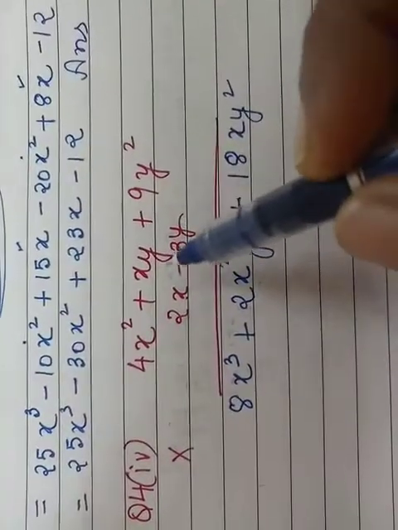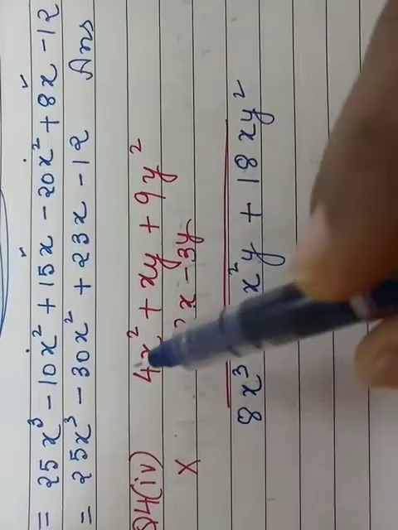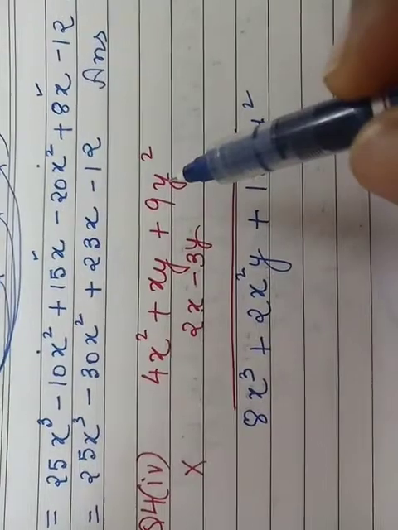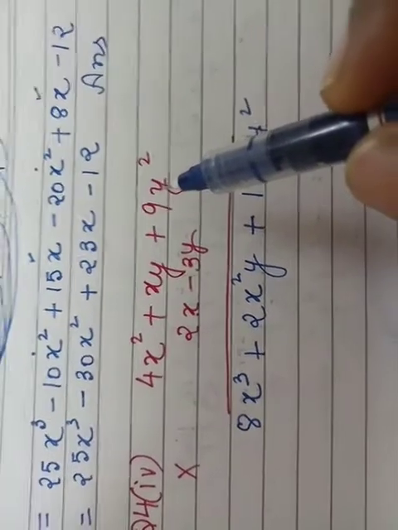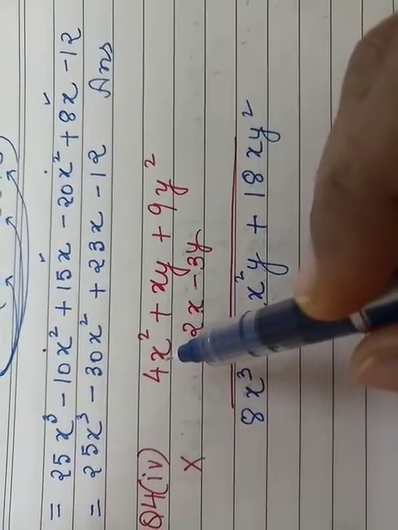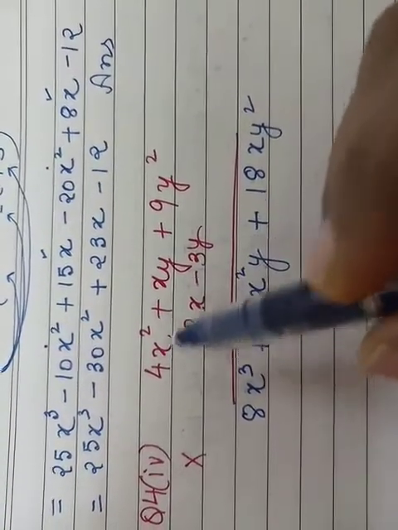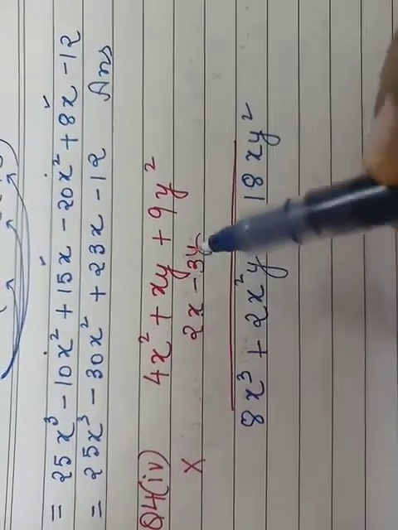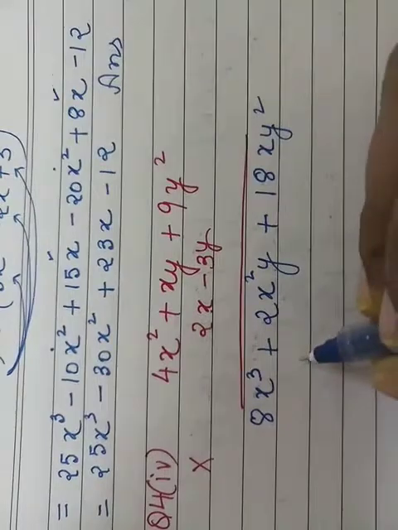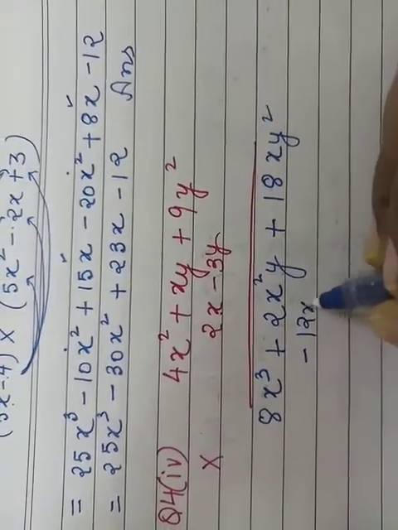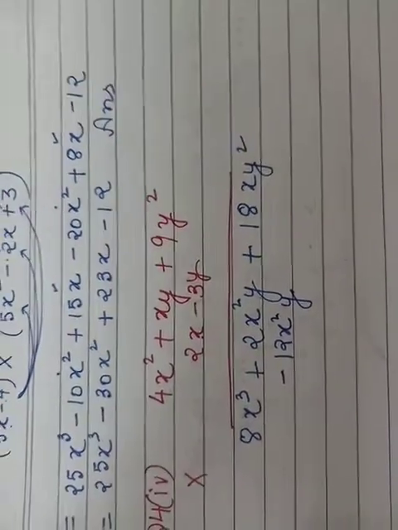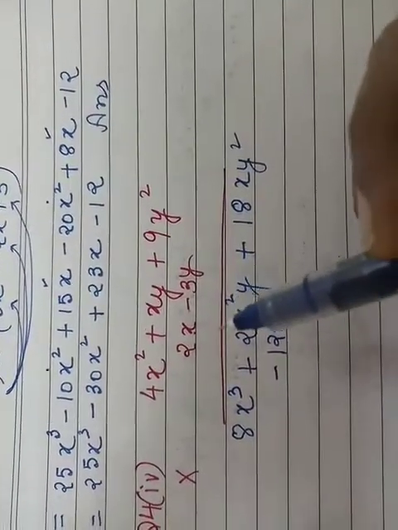Now we multiply with minus 3y in the above algebraic expression. So again this will be multiplied with all the three terms in the above expression. So minus 3y and plus 4x will give you plus, minus, minus, 4 3s is 12, x square y. So we'll write it under x square y only. So I'm writing minus 12 x square y. Children, write the like terms under the like terms only.